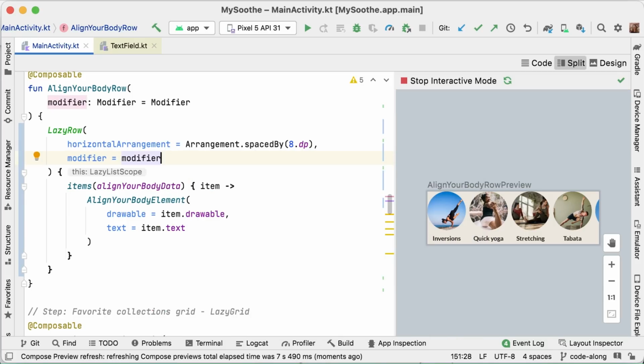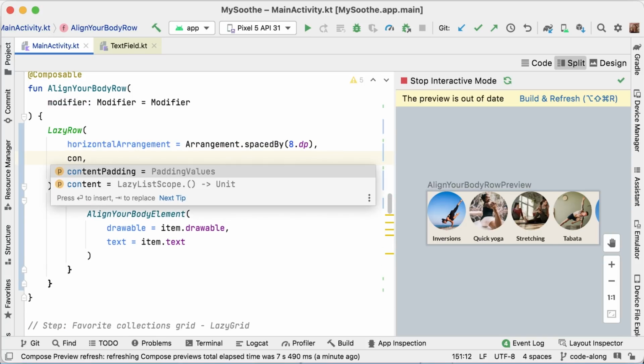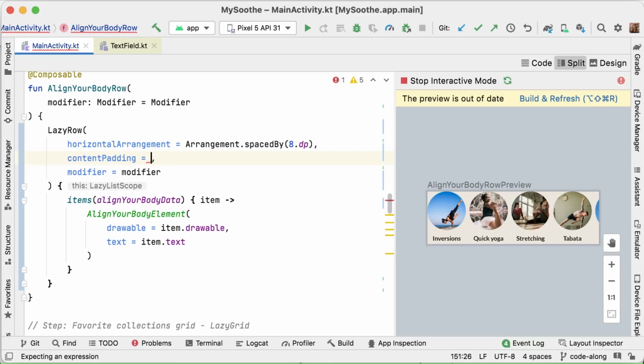So in that case, we need to take a look at one special parameter for our row, which is called contentPadding. And contentPadding lets us pass horizontal padding values, which we can set to 16dp in our case. And this will help us maintain the same padding, but we can scroll the content within the bounds of the parent list without clipping it, which is the effect that we actually want to achieve.